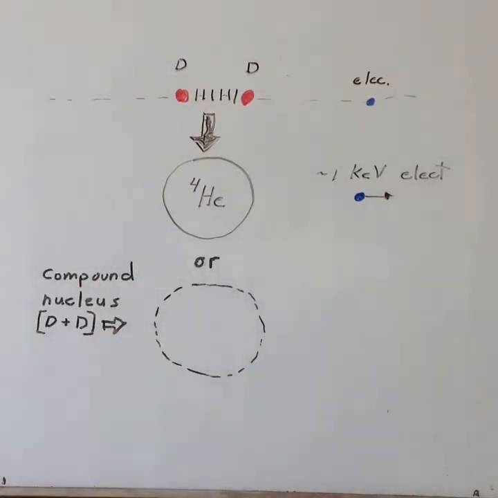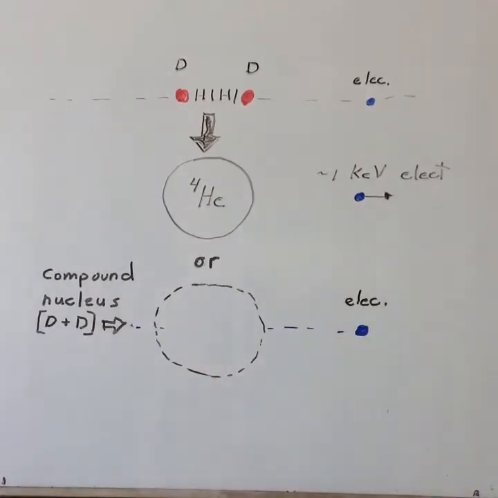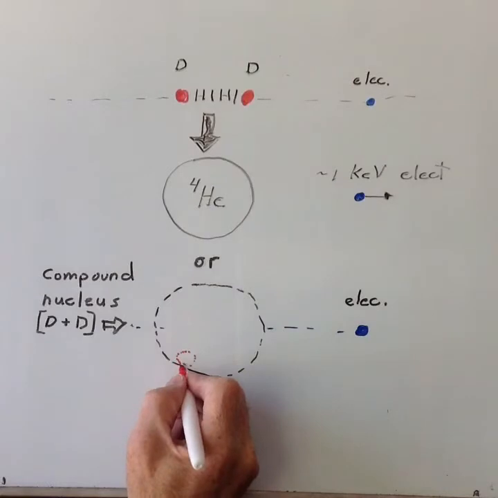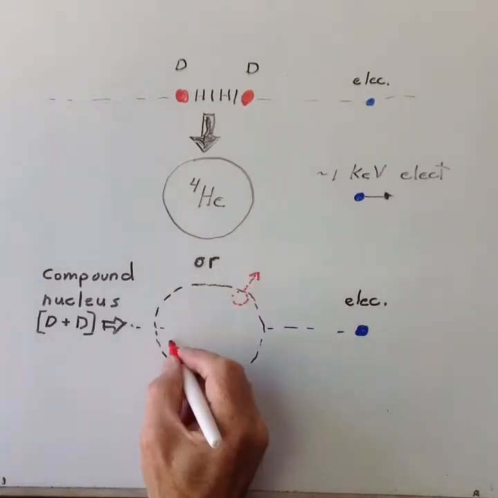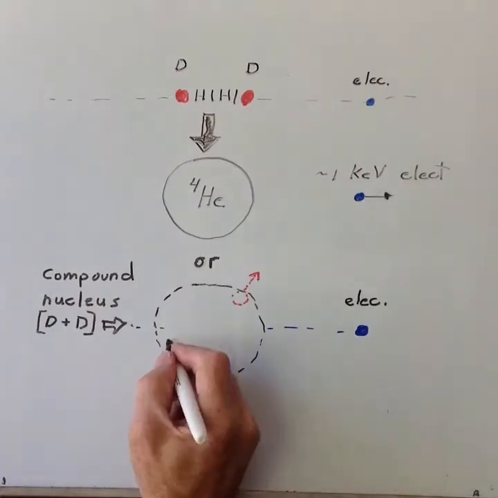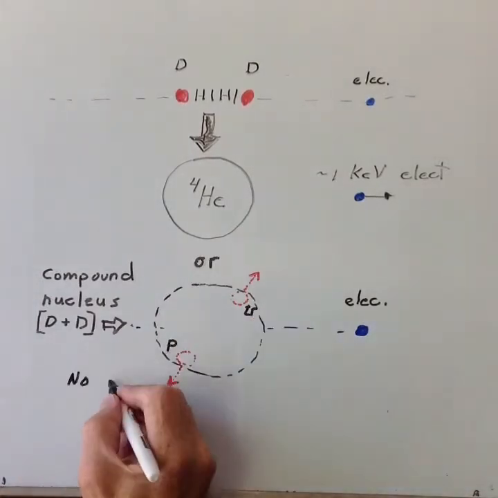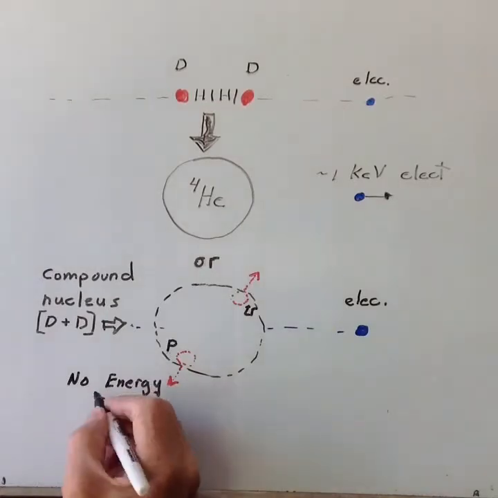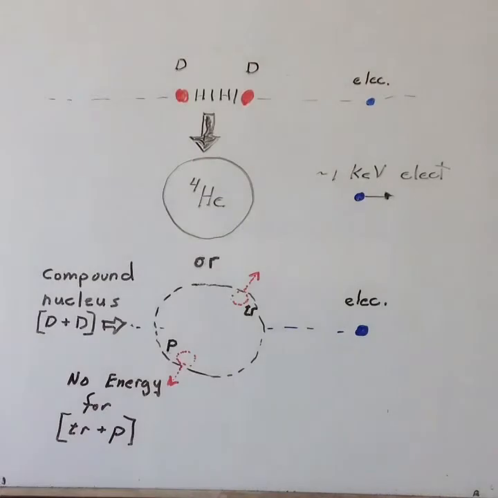Now we want to look at how the hot fusion to tritium and a proton can also take place and estimate the probability for this reaction relative to the formation of helium. This also explains why the reaction to helium-3 and a neutron does not occur. The loss of energy via the electrons occurs as the compound nucleus of the reaction is forming, so the energy is lost before the compound nucleus forms.